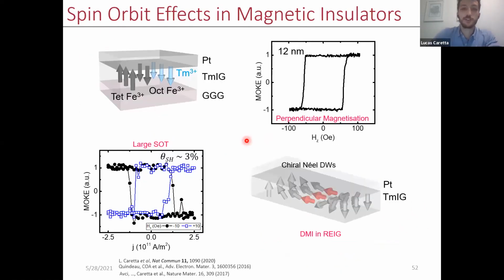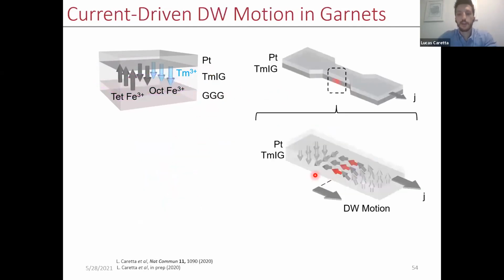Okay, so this is great. So what we have now is a material system which has perpendicular magnetization, has a large spin-orbit coupling, which can be tuned from the rare earth element. We can induce DMI in these materials and create chiral domain walls, and really what this tells us is that we have all the ingredients that we need for ultra-fast dynamics in these materials, including low damping from these garnet systems. And so what we can do is drive domain walls in these systems which have DMI.